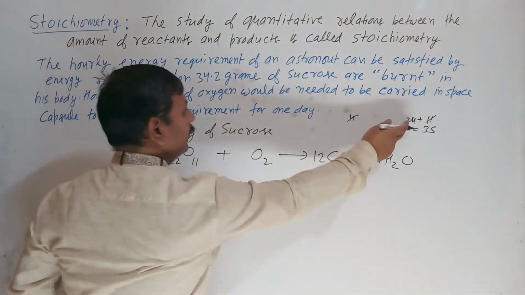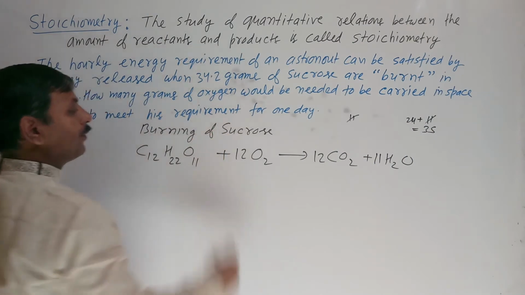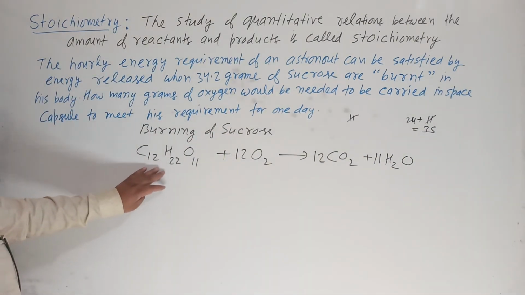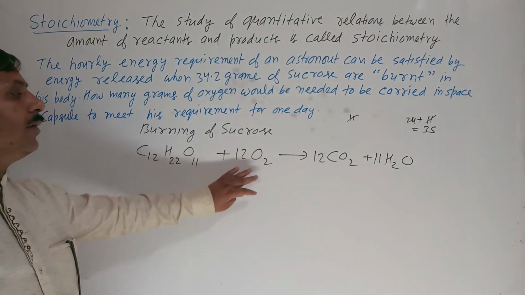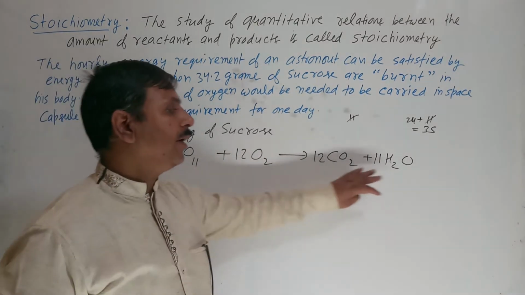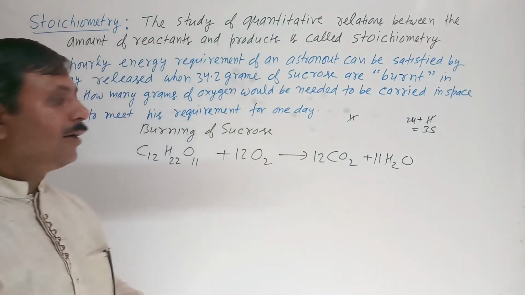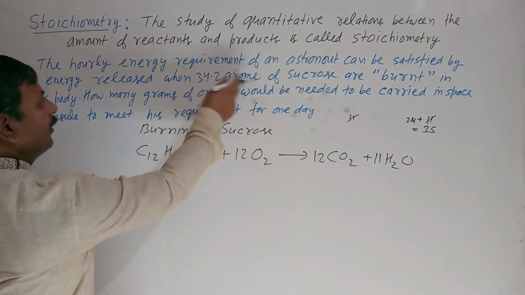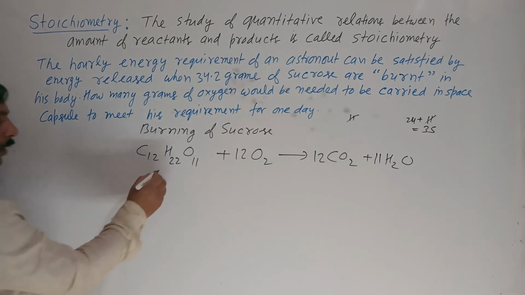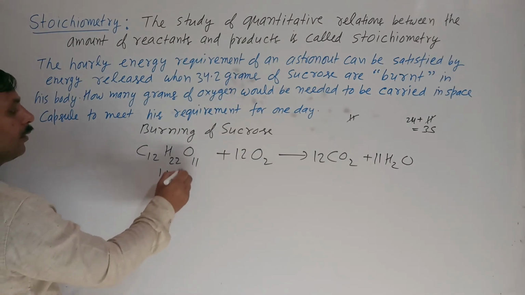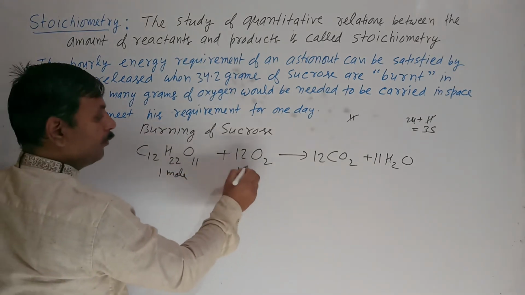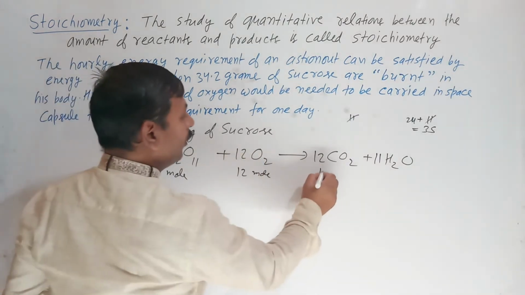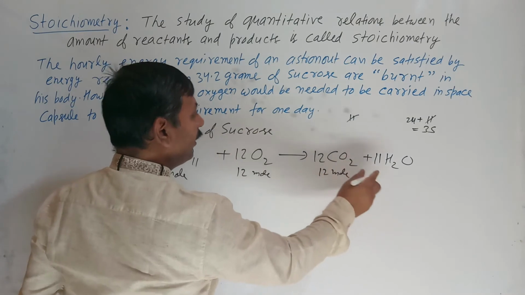Moles will form 12. So this will be the balanced equation. Sucrose reacted with oxygen, they form carbon dioxide and water, and energy will be released. So see, 1 mole reacted with 12 mole of oxygen, they are forming 12 mole of carbon dioxide and